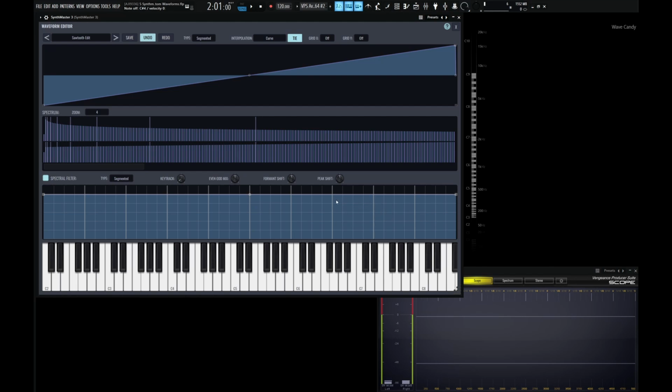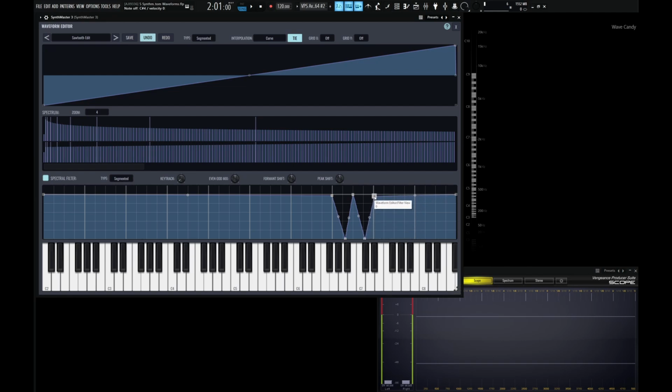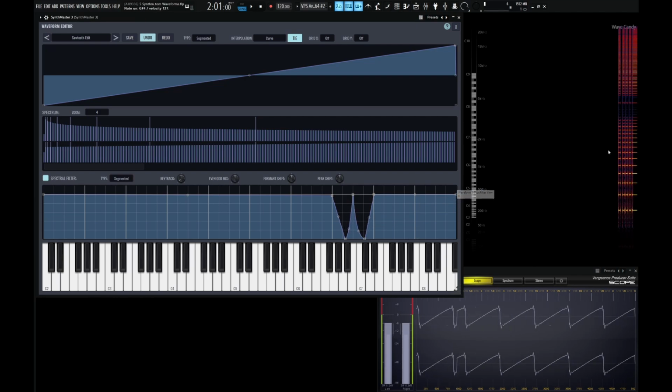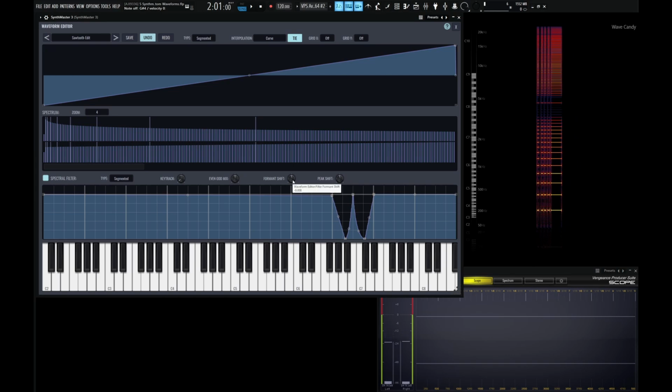Now let's go over here kind of to the right of the graph and maybe make a point somewhere around here and then make another one kind of like this. So we're essentially just trying to make a point or a formant, something kind of like that. And let's bring this one somewhere up like that and do the same thing on the other side. And what we can do as well is the curve. We can always tighten this up just a little bit. And let's take a listen to see what this sounds like. So we can essentially see what we're doing right over here. And as we start changing the formant shift,